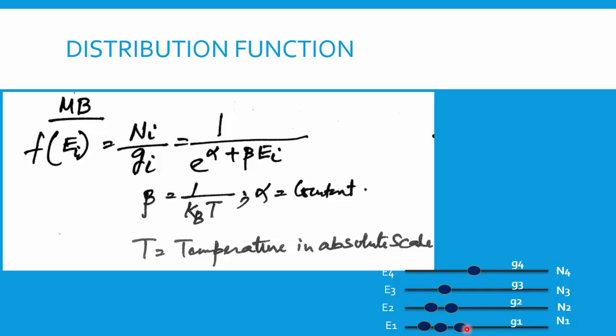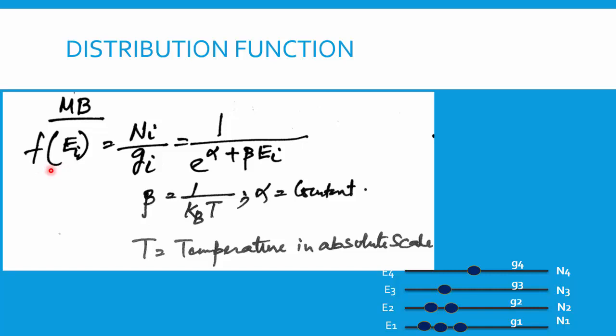For the three different statistics, you have three different theories. But before I lead to the theories, let me tell you that the distribution function formulas and their derivation are not included in the WBUT syllabus, but the theory and the formula are very important. So this is the distribution function formula for Maxwell-Boltzmann statistics. I will explain each term.